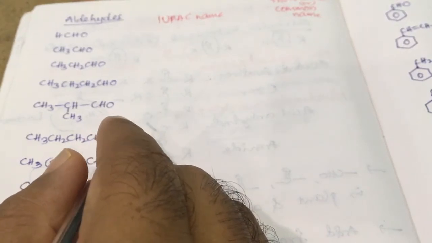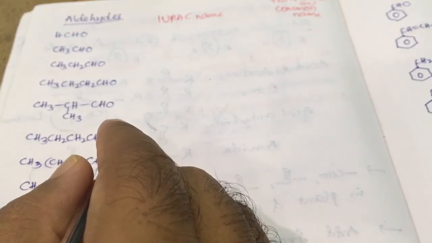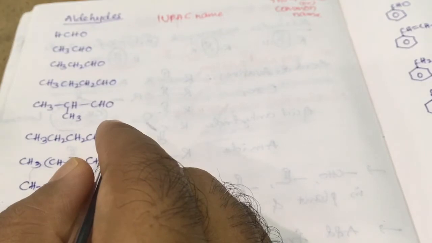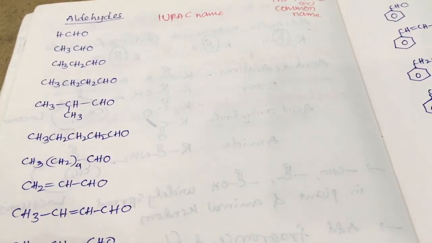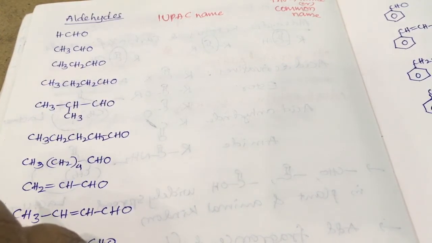And sometimes alkyl phenyl ketones are usually named by the acyl group as a prefix to phenone. It means when an acyl group is bonded to the benzene ring, it is called phenones. Okay. That also we'll discuss later. And when the aldehyde group is a substituent, at that time it is named as formyl or oxo. When the keto group is a substituent, at that time it is named as keto or oxo. So generally oxo is preferred over keto or formyl.